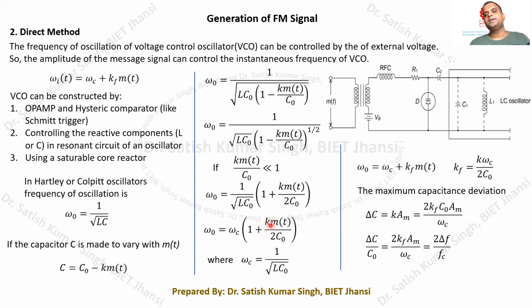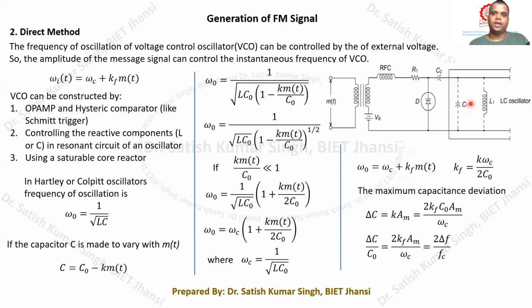Now k omega c by 2 c naught can be replaced with kf, and this can be written as omega naught equals omega c plus kf mt. So this way we get the voltage dependent oscillation of this particular